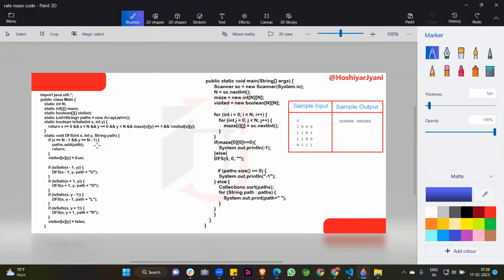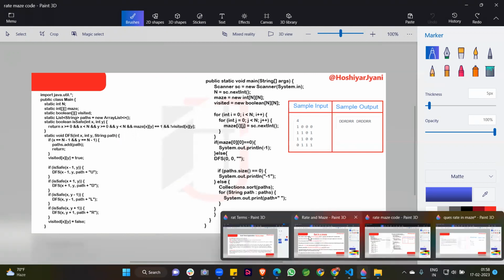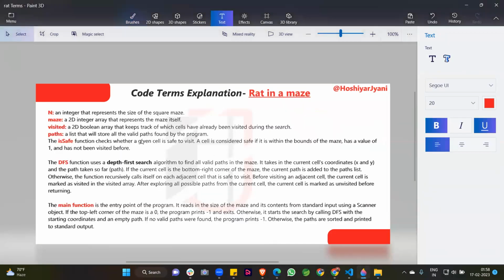After that, guys, there is our main method, and for the explanation I am creating this slide. You can see here n is an integer that represents the size of the square maze, because the matrix is of size n by n. maze is a 2D integer array that represents the maze itself. What is the meaning of visited in this code?